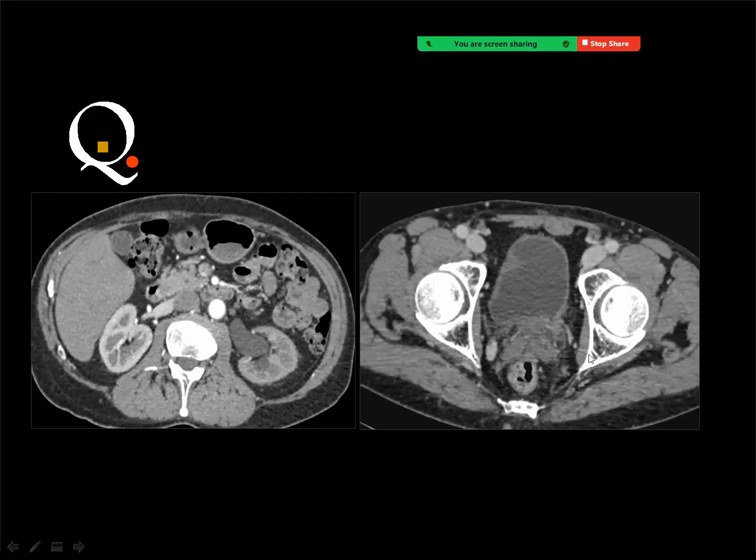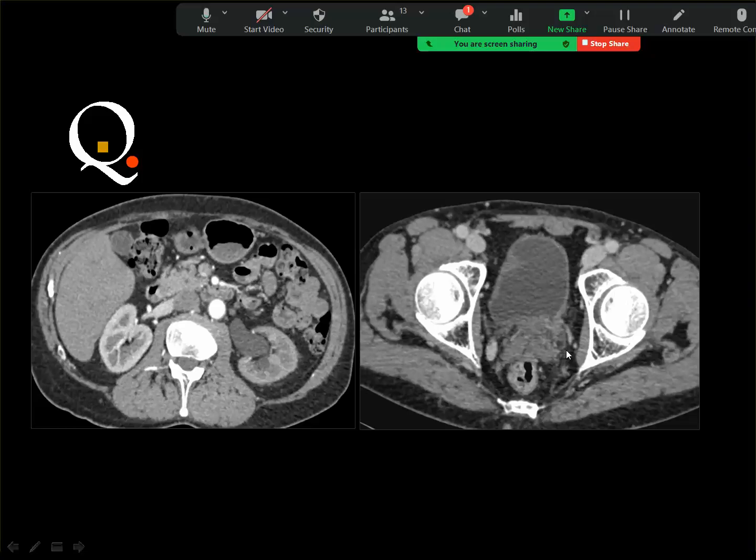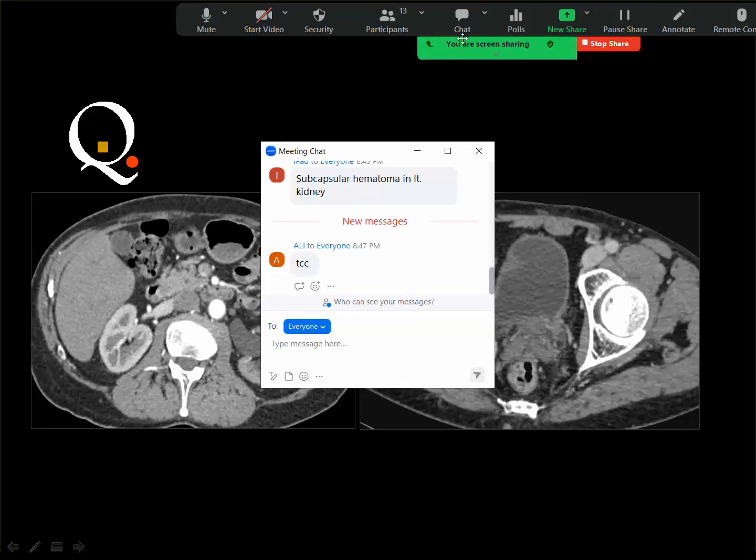Okay, in this section, you can see there is an ill-defined soft tissue mass, and this is